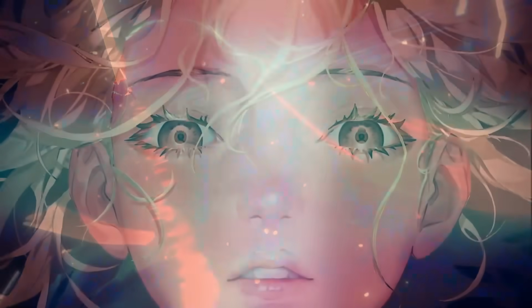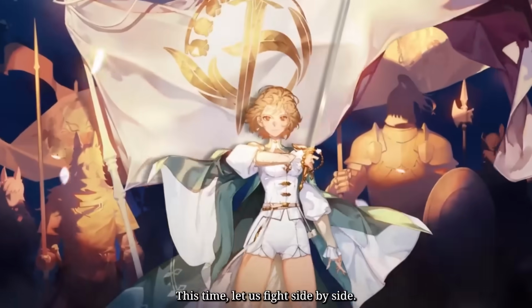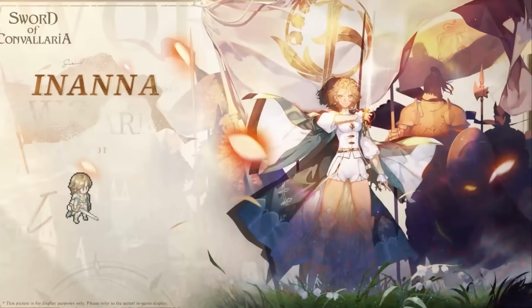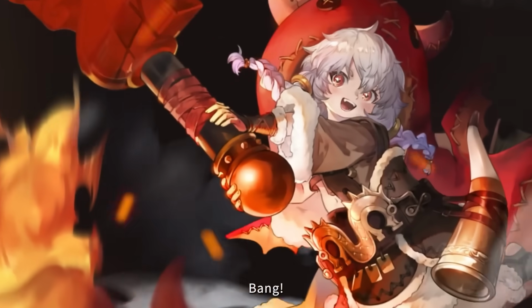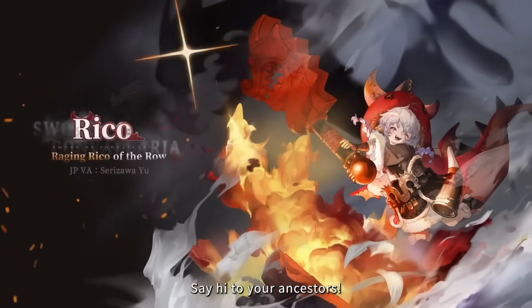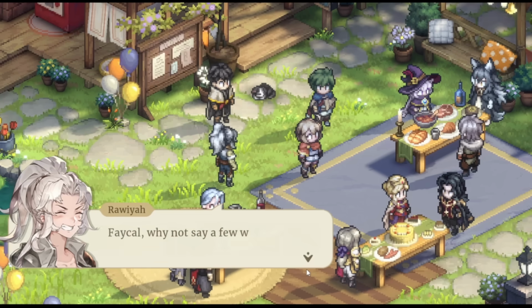So now, let's talk about all the different characters, because we've got a few new faces who are joining the guild. First up is Inanna of Convallaria, who's not only a total powerhouse on the battlefield, but she's also central to the story. She's part of the limited time anniversary celebration running from August the 1st to August 14th. And then afterwards you can collect Rico, as he's going to show up later from August 15th to the 28th. Not only that, but there's also like a special in-game event happening on August 1st to celebrate it being live